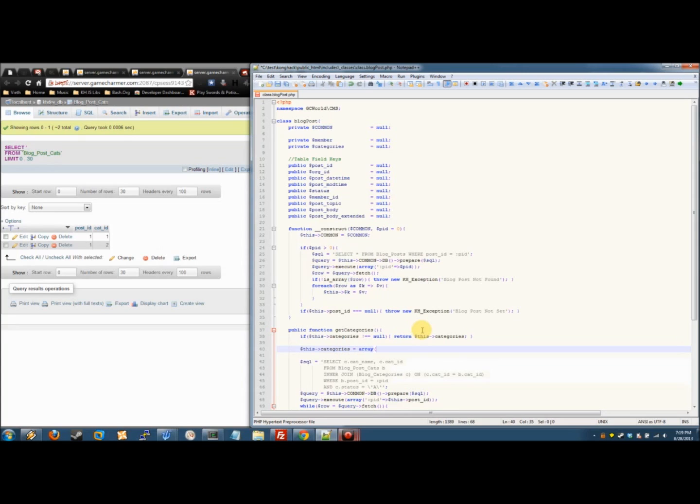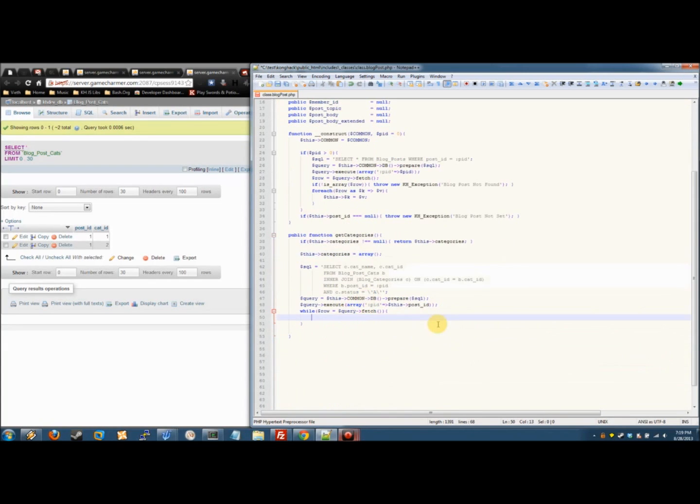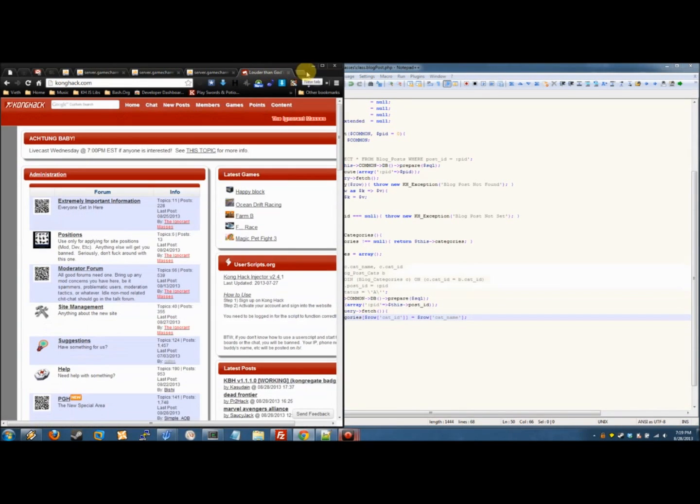Categories equals array. So now it's an empty array. So now we can do this: this categories row cat ID equals row cat name. Now this categories will be a basic standard two-dimensional array of ID, name, ID, name, ID, name. It's pretty simple. And if we wanted to put these in alphabetical order,